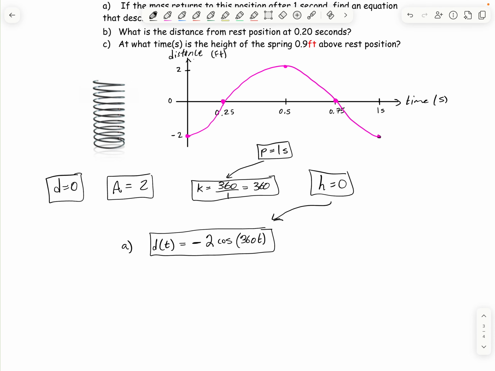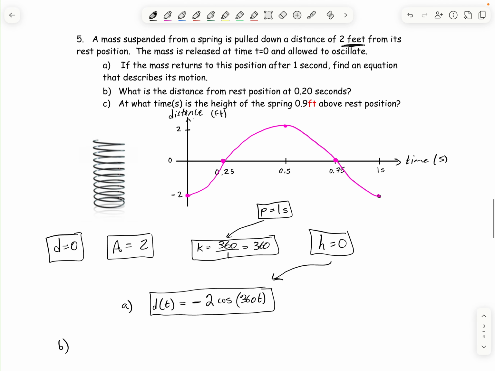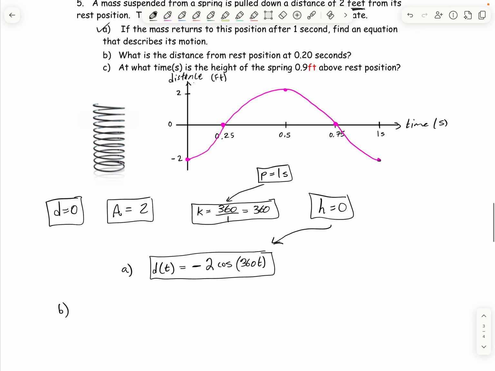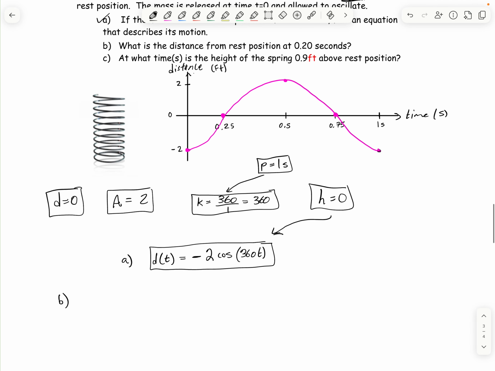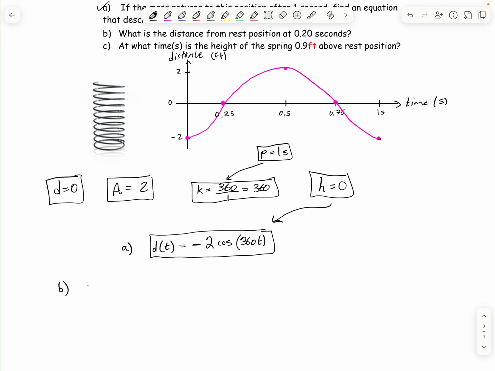Okay, for part B, that's it right here. For part B, what is the distance from rest position at 0.2 seconds? So this is always nice. I'm just plugging in 0.2 for t and figuring out what it evaluates to. So cosine of 360 times 0.2. So if I plug this in here in the calculator, I'm going to get negative 2